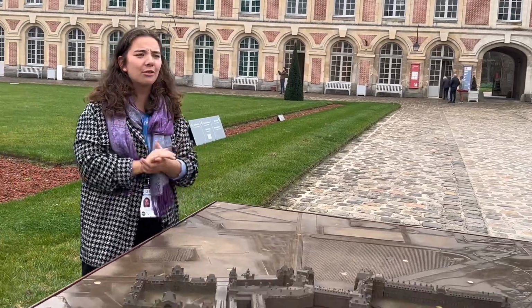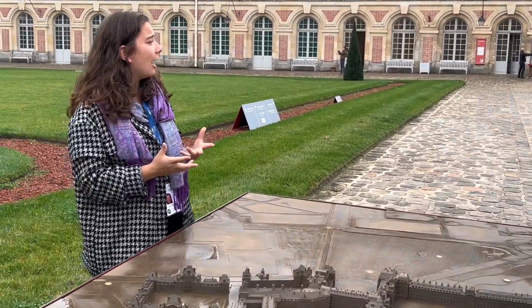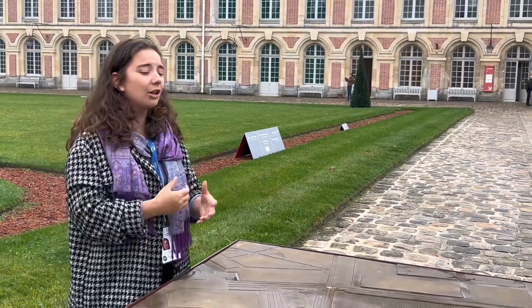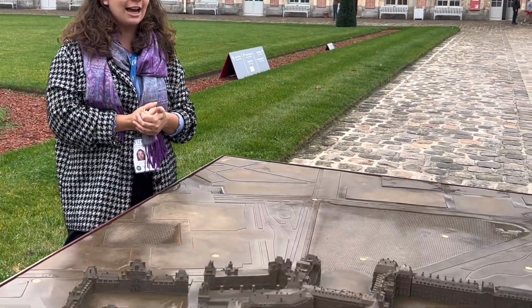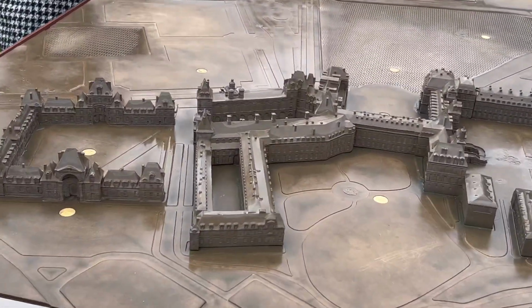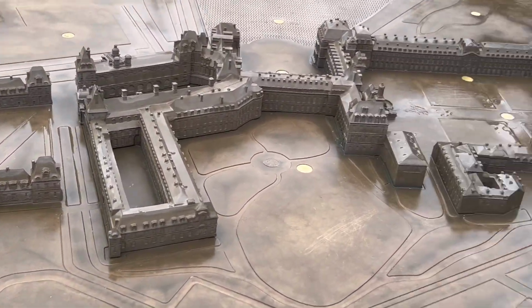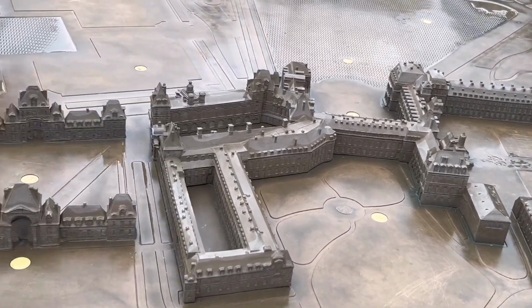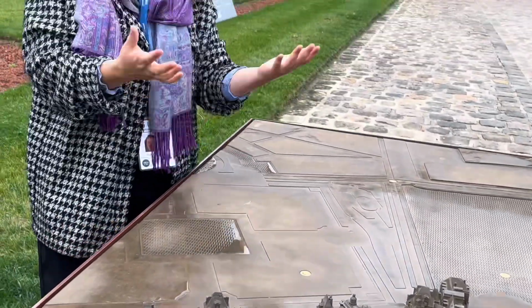At this point, under Henry IV, Paris is also under a lot of construction. He was a very big building king, so he actually built a lot of things throughout the city. So not the most comfortable, it's very dense, very compact. It's not the spread out Paris that we have today. It's medieval Paris, so a lot of narrow streets. So to be able to have a little bit more space and more air to breathe, they would come here